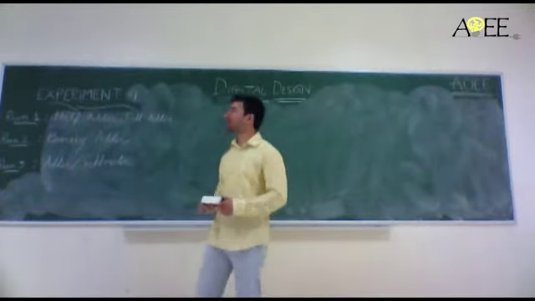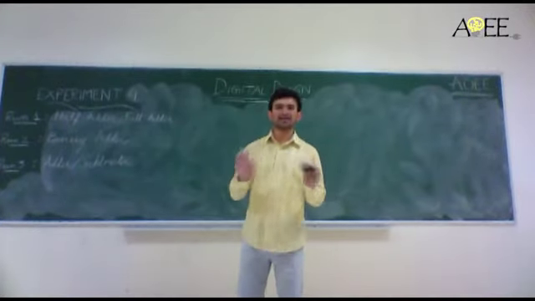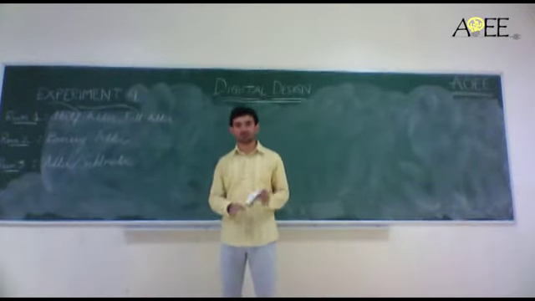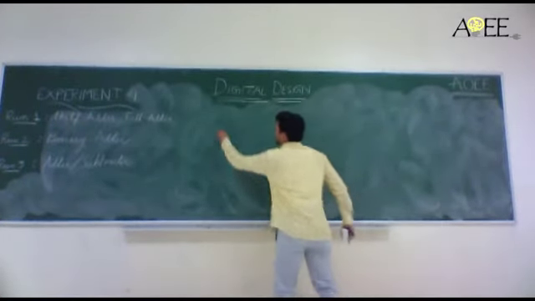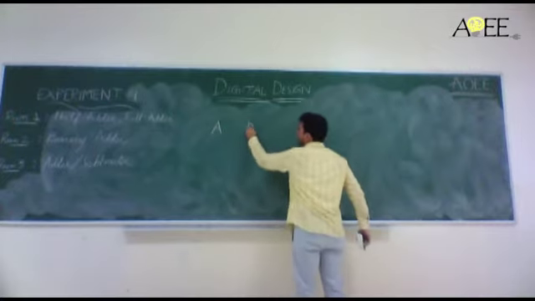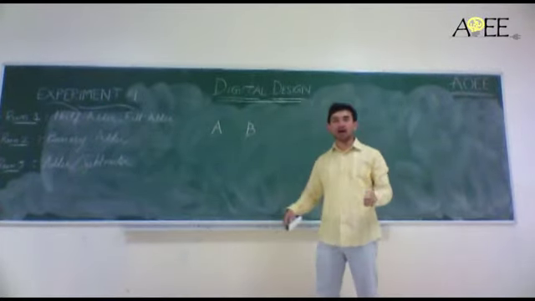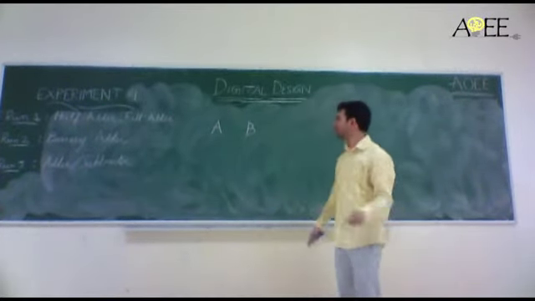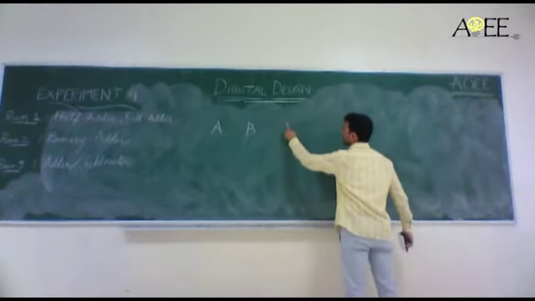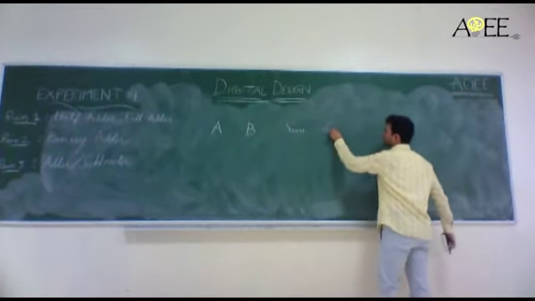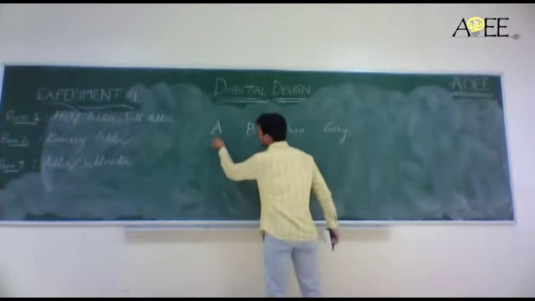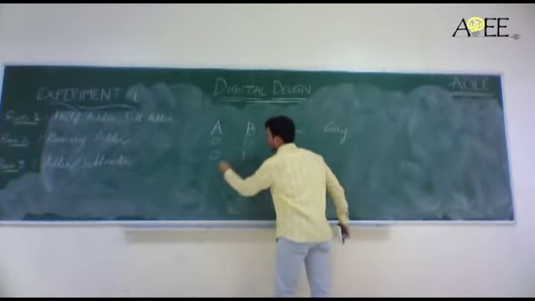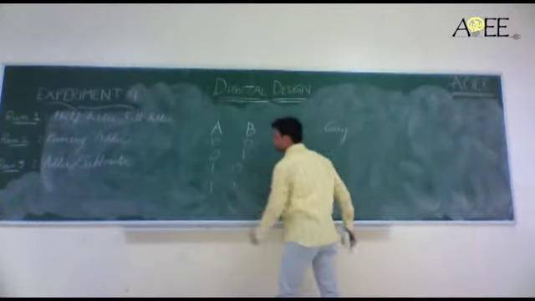Starting with what is a half adder and what is a full adder. Basic difference: half adder for 2 inputs, full adder for 3 inputs. So how does it work? In general, you want to add. So obviously when you add, you have sum and you have carry. So A, B, then you have sum, you have carry. Starting with the half adder, because it is 2 inputs: 0 0, 0 1, 1 0, 1 1.